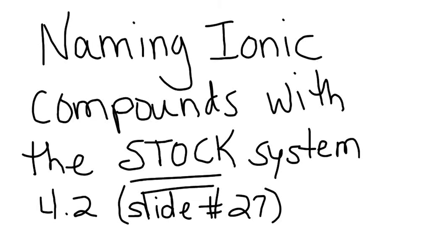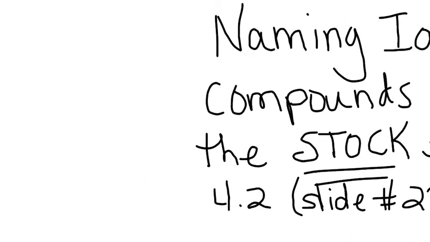In this video, I'm going to go over how we name ionic compounds using the Stock system. The Stock system uses Roman numerals, and the Roman numerals apply only to the metal ion that's being used. It's a transition metal. So I'm going to go with the example from slide number 27 that I started with,